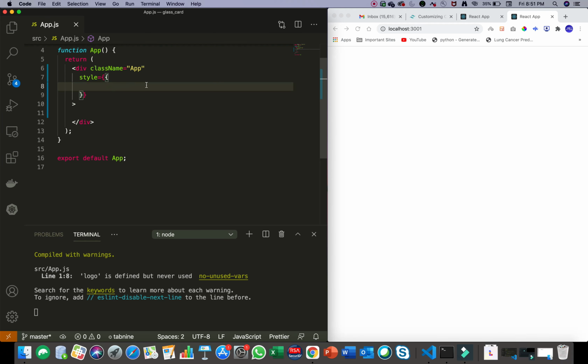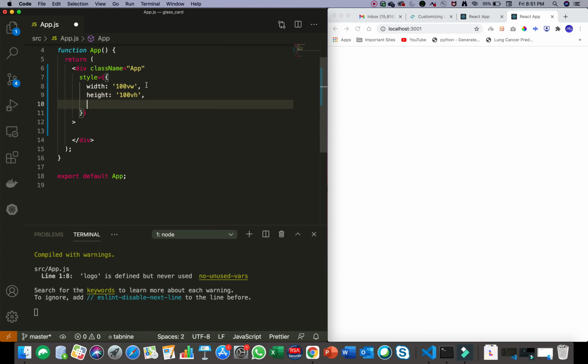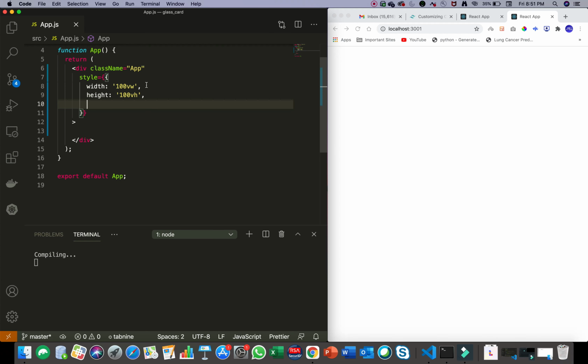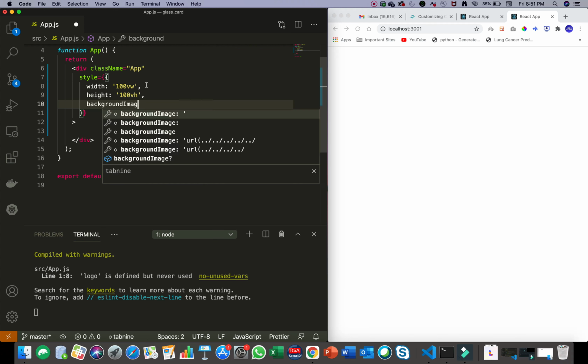And first of all, what we'll do is first we'll define the width of our screen. So the width will be 100vw, and so it means that we are going to make the background image with the full width of the screen. And here we'll define background image.